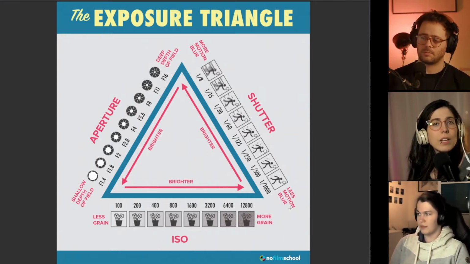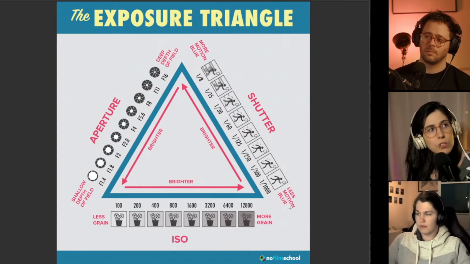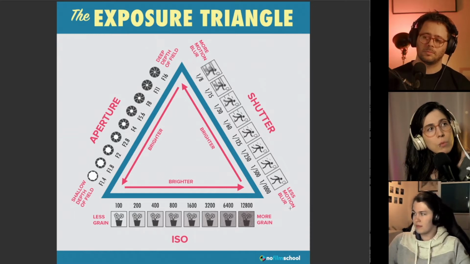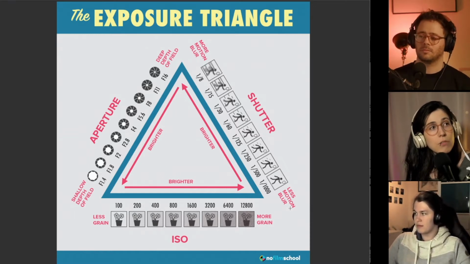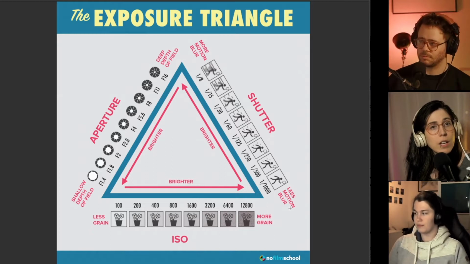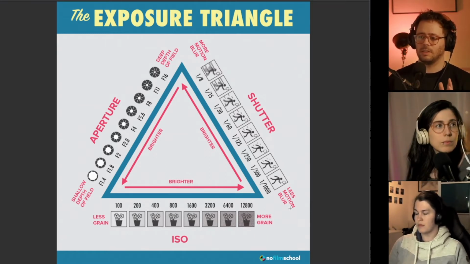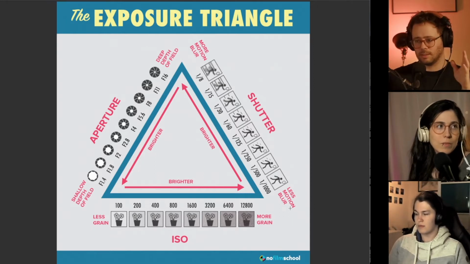Yeah, I would say each one of these settings will give a specific characteristic to the picture. So if it's the aperture, it will be the depth of field. If it's the shutter speed, it will be the motion capture, so either you get more motion or less motion in your picture. And then the sensitivity, which is the ISO, will modify the graininess of your picture, so to speak. So I think the shutter and the ISO are the easiest to understand in a way. Like the ISO is less noise, more noise. Yes. That's it. From less ISO to more ISO.